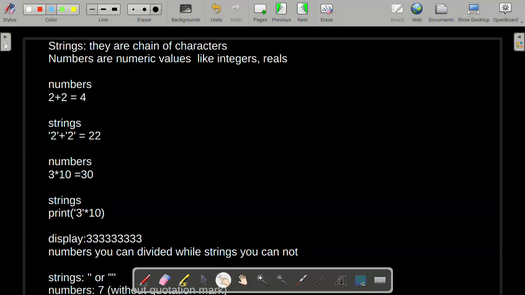So in this unit we're going to look at the comparison between strings and values. So strings versus numerical values. Generally strings, we said they're a chain of characters. Numbers are just numerical values such as integers, real numbers, natural numbers, etc. So numbers